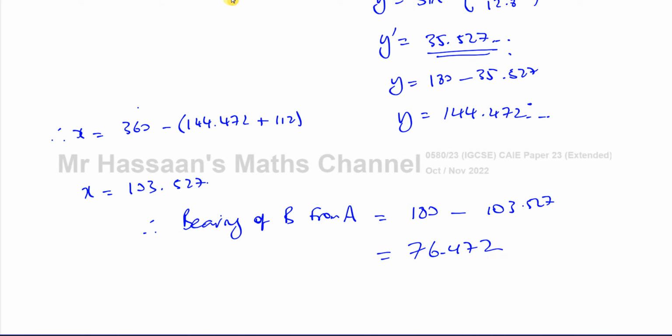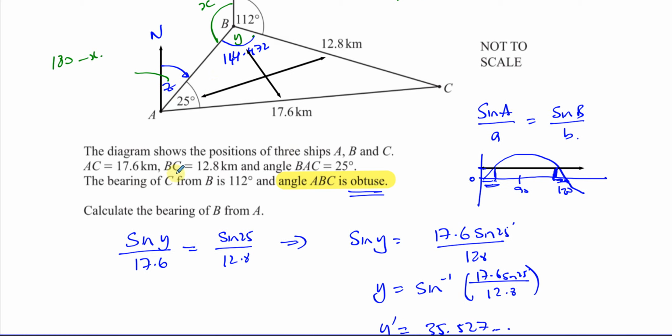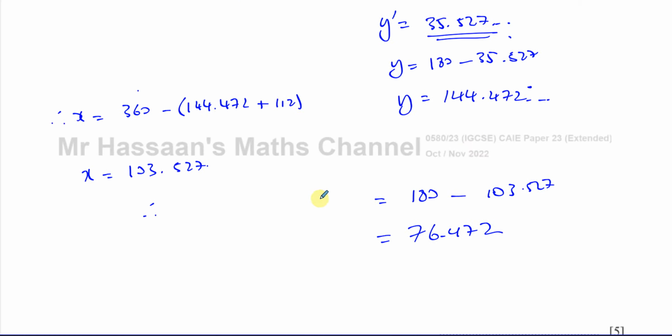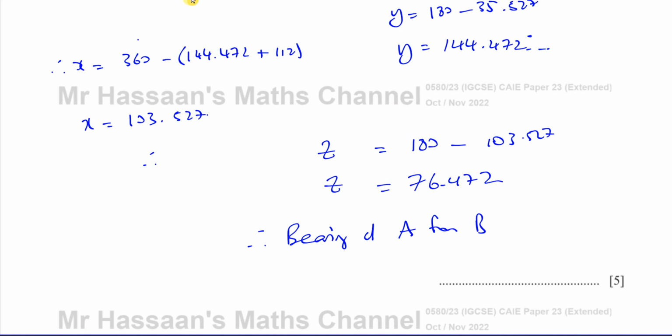In fact, I won't call this the bearing for now because it should be 3 figures. So let's call this angle Z for now. We've got X, Y, and Z. So angle Z is equal to this. Therefore, we can say the bearing of B from A, sorry, B from A, way around, is going to be